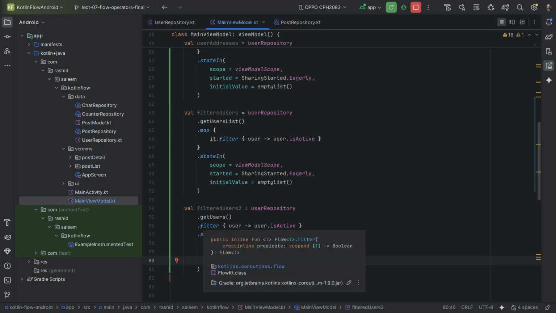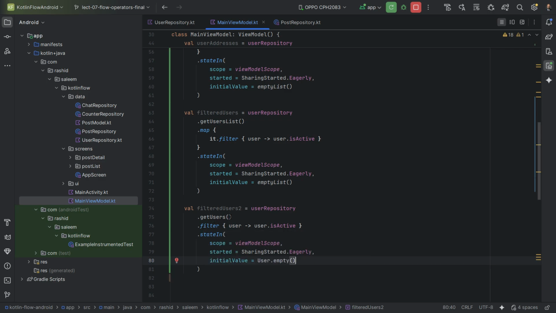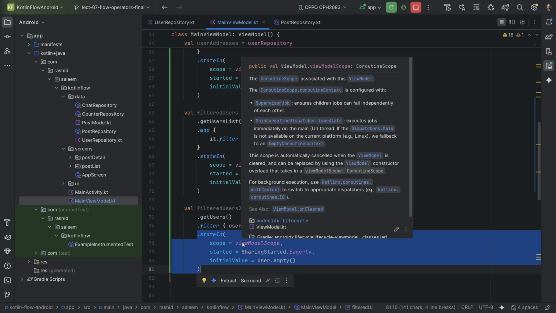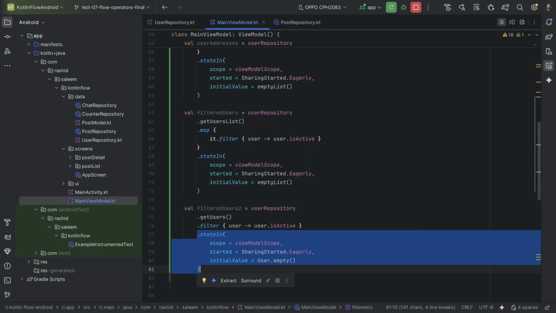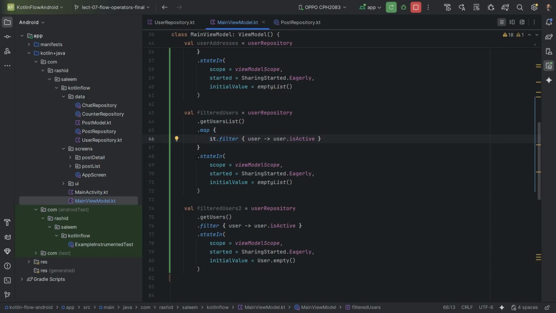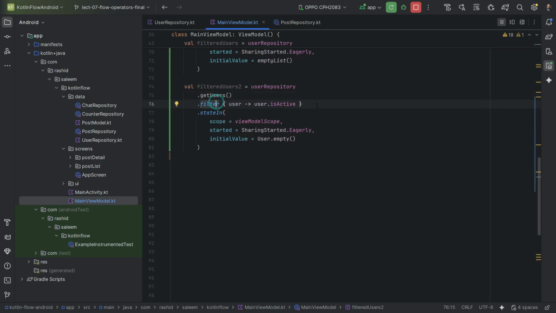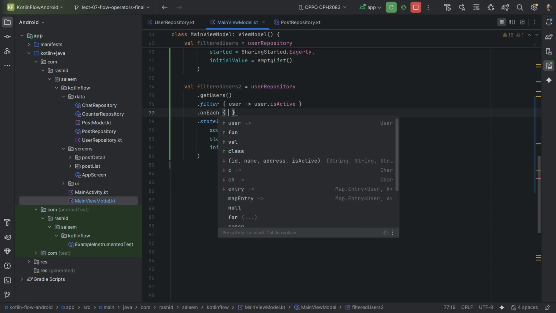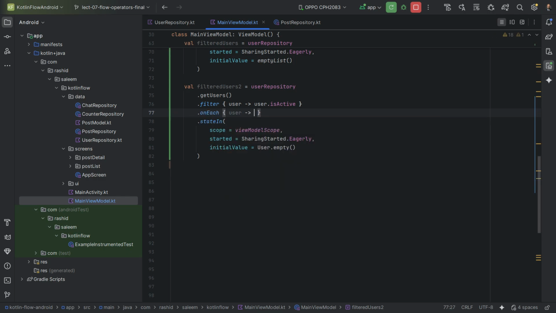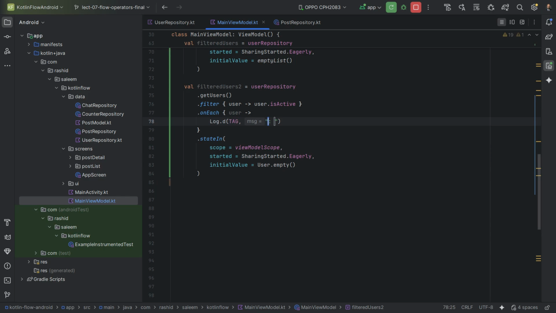Okay, so now in both ways we are able to get the filter user, but in this approach, when we are using the filter operator function of the flow, then in the downstream we only get the value if that value has passed the filter. But in the other case we always get the value in the downstream even if we have an empty list of users. So we will test this filter through our logs, that on each, here we have user object log d